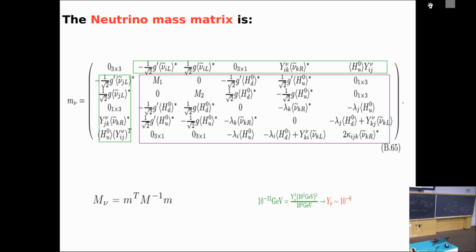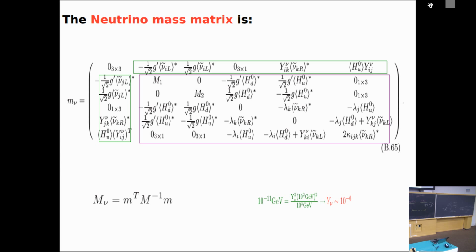Then the Yukawa of the neutrino must be the one to reproduce neutrino properties in a correct way. And the only scale you have is the SUSY-breaking scale, that is the electroweak TeV SUSY scale. And for that reason, at the end, you have a seesaw at the electroweak scale, which implies that the Yukawa of the neutrino is of order 10 to the minus 6. And this is a very special number because it's the number that is going to open the possibility of displaced vertices in the LHC. Exactly with that number, you have a displaced vertex. I want to talk a bit about this in a few minutes. That are possible to be seen detected in the LHC.